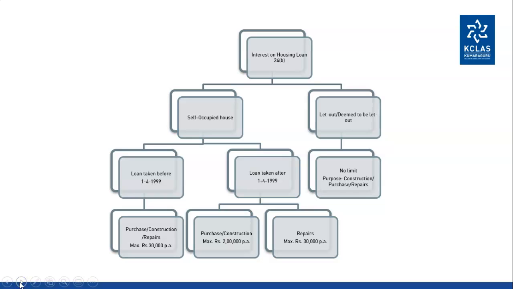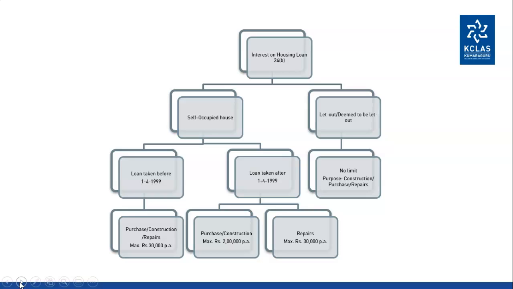Let us see how the interest on housing loan, which is dealt under section 24B, is being treated. Again, it has been divided into two categories. One is for self-occupied, other one is for let-out house property or deemed to be let-out house property. With regards to let-out house or deemed to be let-out house property, while calculating house property income in respect of such property, interest on loan taken for purpose of purchase, construction, repairs or renovation, etc. is allowed as deduction in full. That is, there is no maximum limit with respect to such interest. Here, the actual amount of deduction is equal to actual interest without any limit.